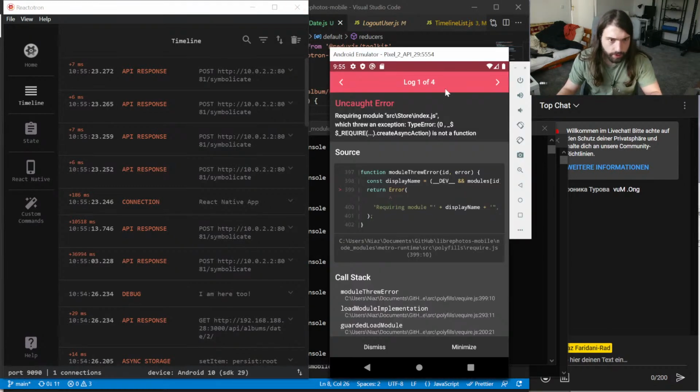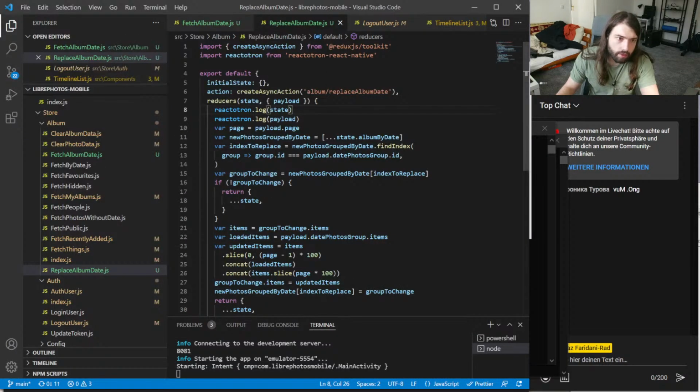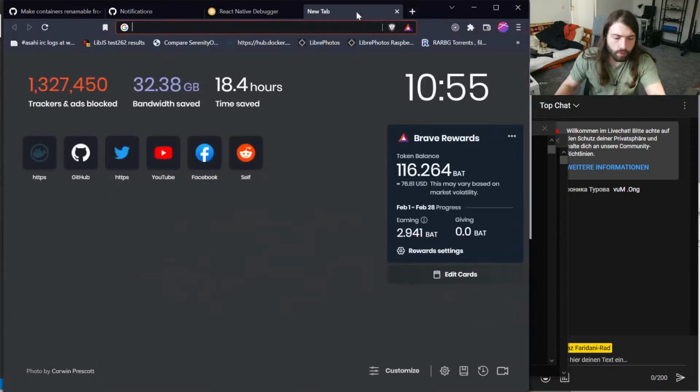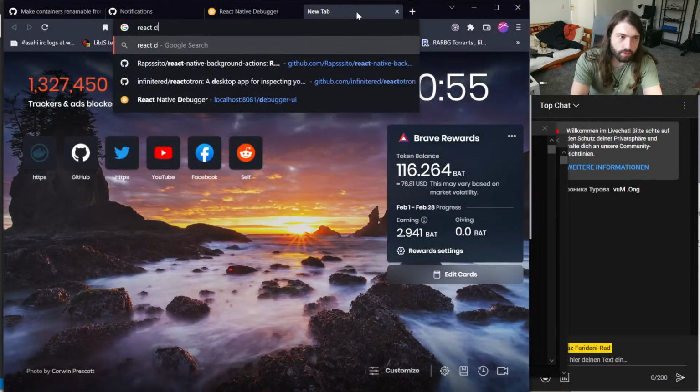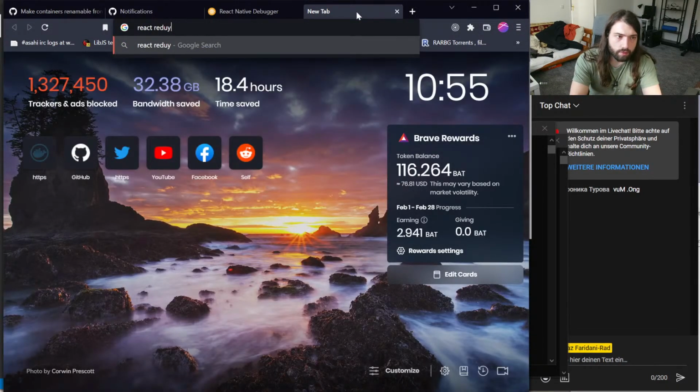Okay, so yeah, create async action isn't a thing. So, alright. We currently have the problem that this somehow doesn't fire, right? So, React Redux action doesn't fire. Redux toolkit.